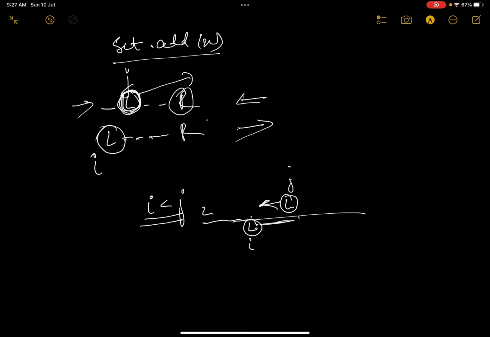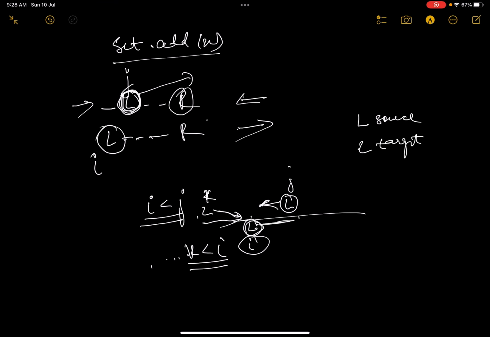Suppose there is another L present here. This L can never come here, because K is less than I, and K can only decrease. L can only move left, and I cannot move because this is present in the target string. So if there is an L in the source string and an L in the target string, the source string's L can come to the target string's L position only if